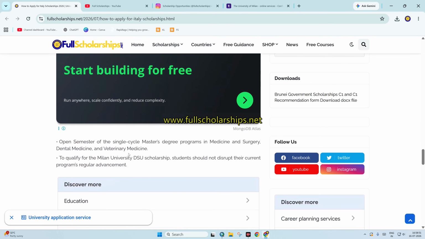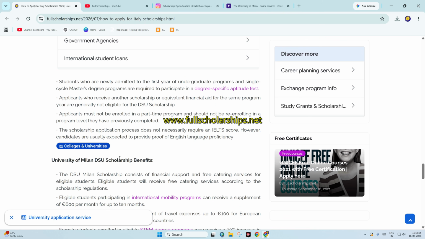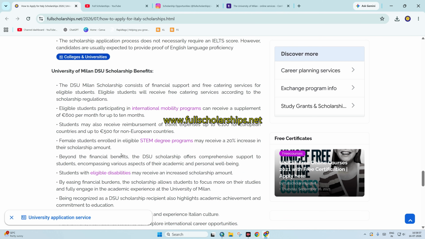Documents you may need to submit: passport, transcripts, degree certificates. The benefits include mobility support of 600 euros per month for 10 months, and travel expenses.